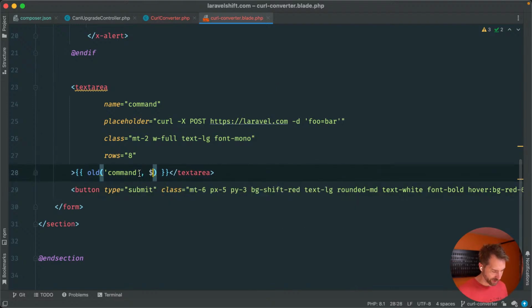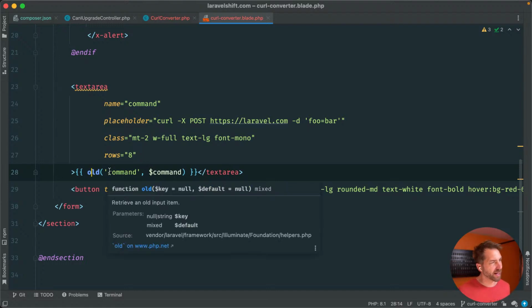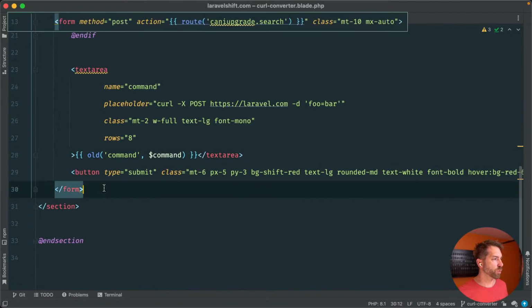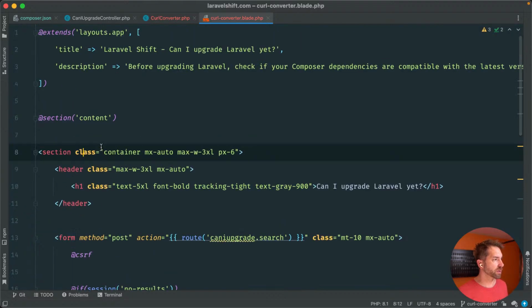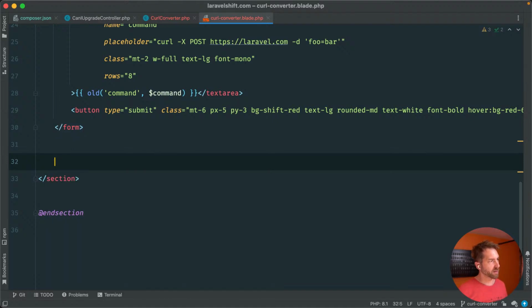Okay, and then we will need command here. So if there's an old one, it's going to use it. Otherwise, it's going to use what we backfill from the command. Old actually might cut it all the way through, but I think when you actually submit, old won't track it. We'll test that here in a minute. And then we'll probably need another section. So we got this header, we got this form, and then we'd have like, we would say like if,